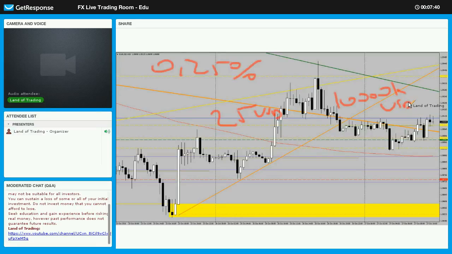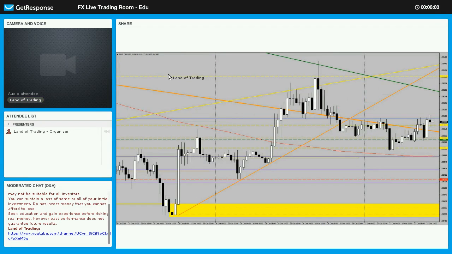With a 10K account. One may argue, okay, what should I do if I have a tiny account? Still, you can trade micro lots. Once you are confident, then of course it's up to you if you want to take the bigger risk. But guys, my point is,